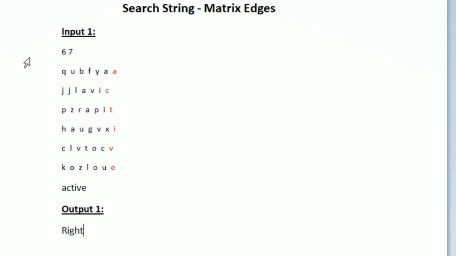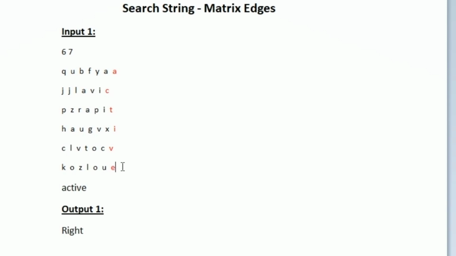Suppose we are not able to find the occurrence of the string in any of the edges, then in those cases we have to print -1. It is also given in the question that the string need not always be present in the straight order. It can also be present in reverse order. So we have to check whether the string is present in either forward or reverse in all the edges, top, right, bottom and left. Only when we are not able to find it in any of the edges do we print -1. And if we are able to find it, then we print the respective side.